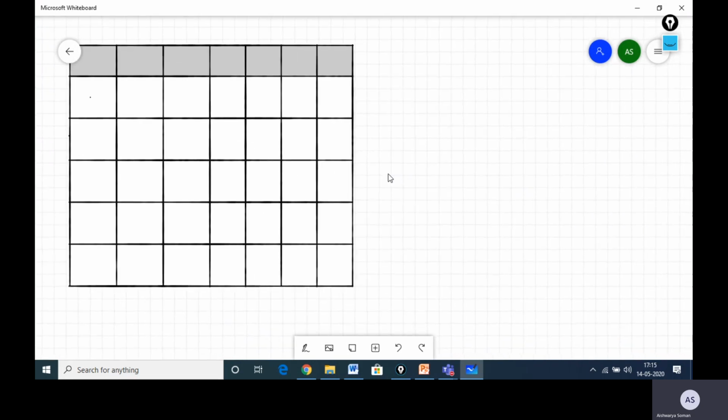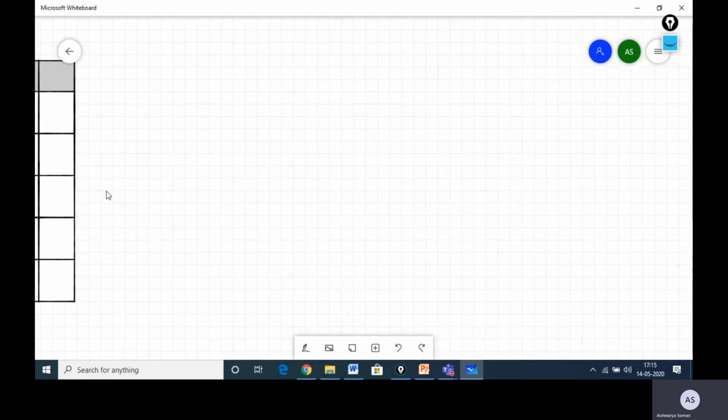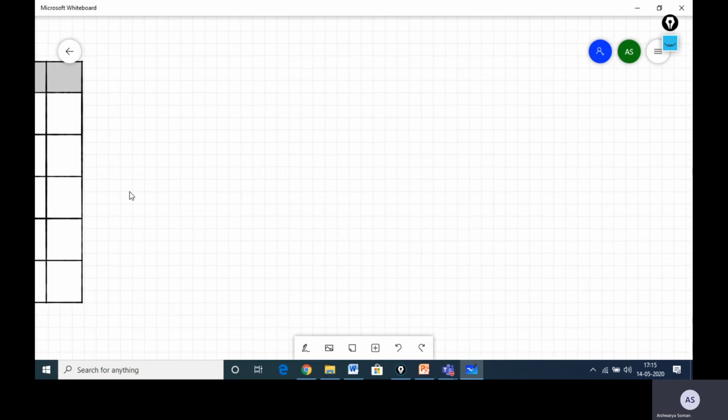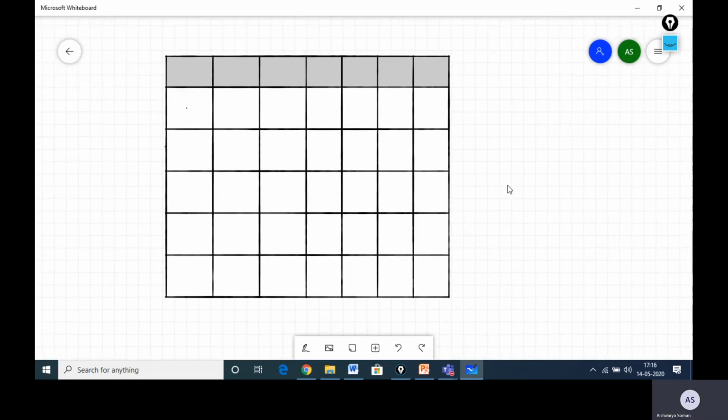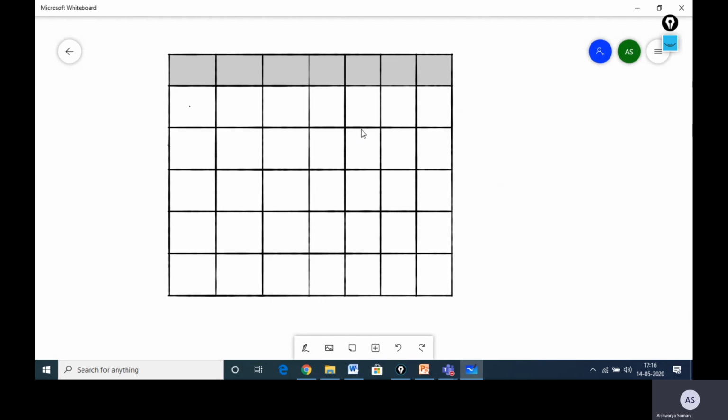Now what I'll do is I'm panning over to the side. The next thing that I want to teach is, using these tables you can create different activities you want. If you want to, you just want to match the following, you can add some images inside these boxes and ask the students to match the following.